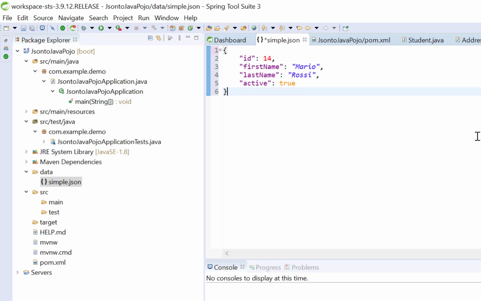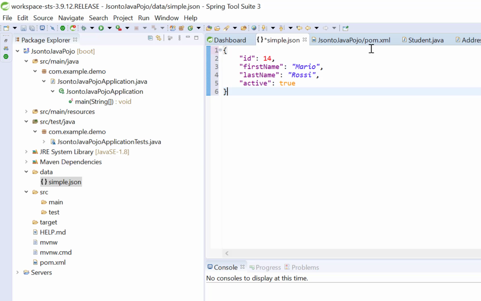See here, this is our JSON object. These curly braces indicate the object. Inside that we have the object members. The object members are name-value pairs. The name will always be enclosed inside double quotes. This is the name and this is the value. The value can be anything. It can be a string, integer, boolean, array, or it can be a nested JSON object itself. String values are enclosed inside double quotes.